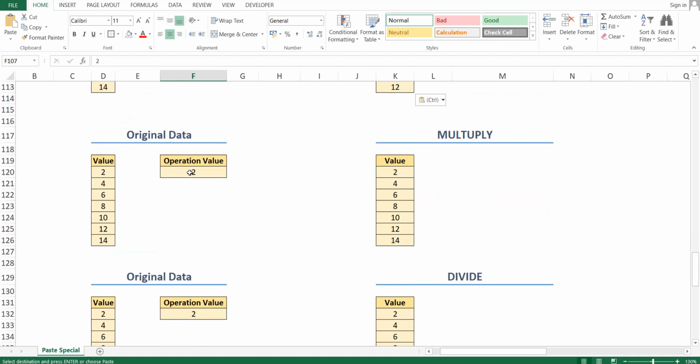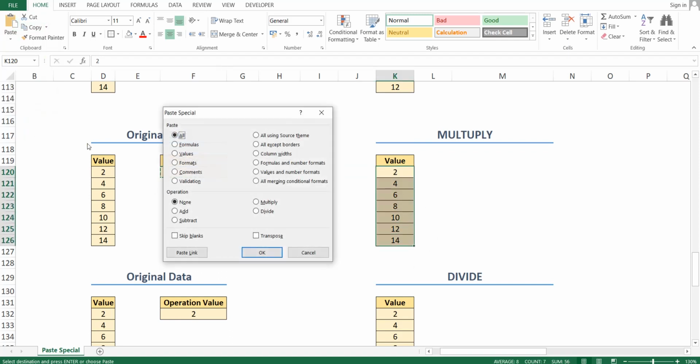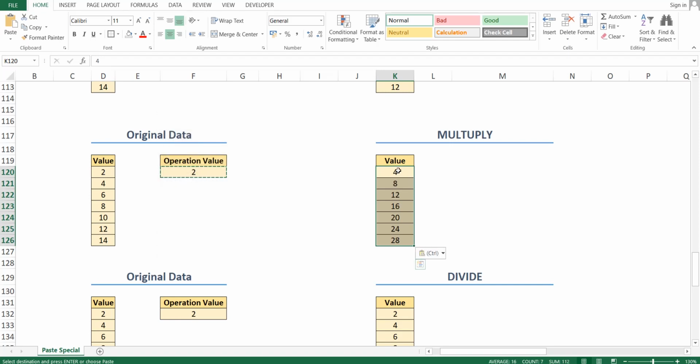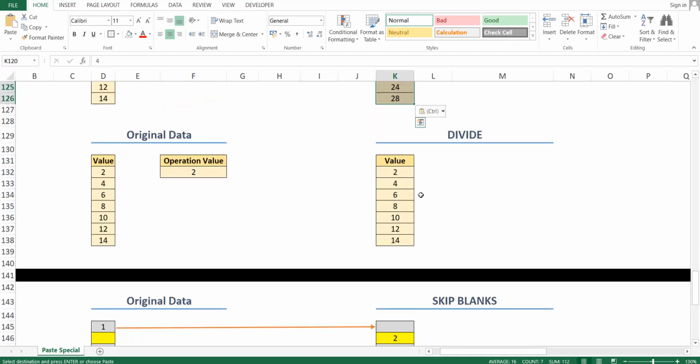A similar method we follow for multiply. Copy the operation value, select the desired location, under paste special select multiply and hit OK. All these original values will get multiplied by the operation value.